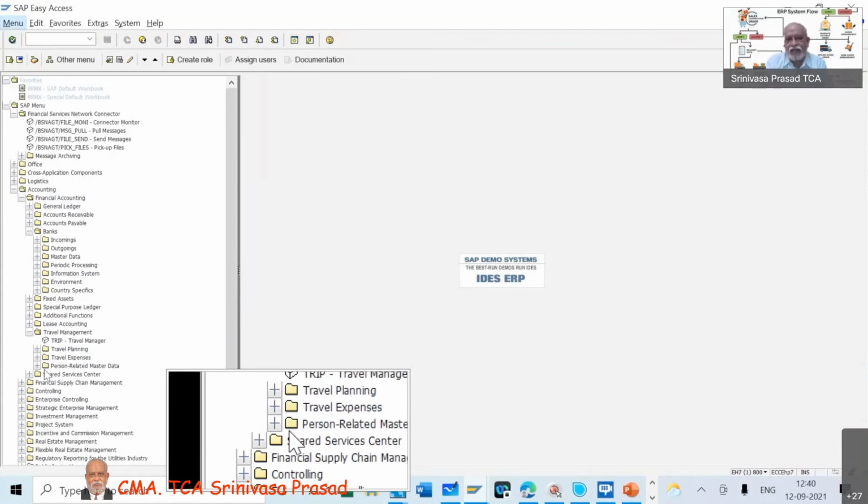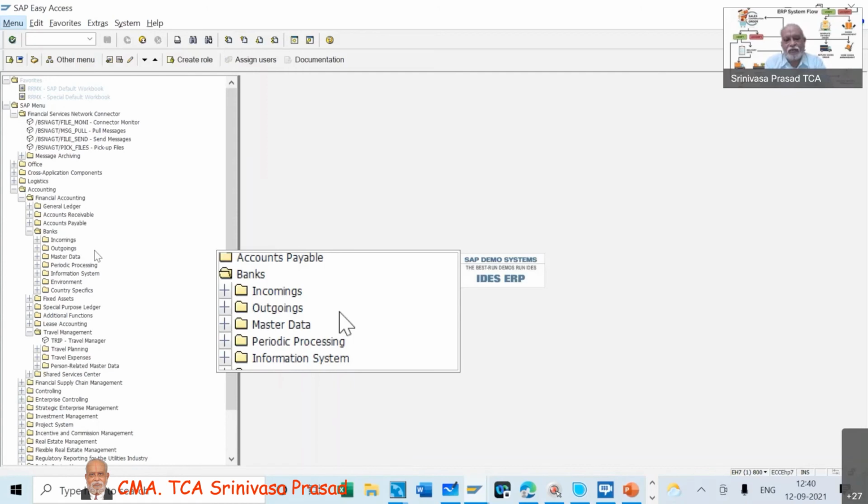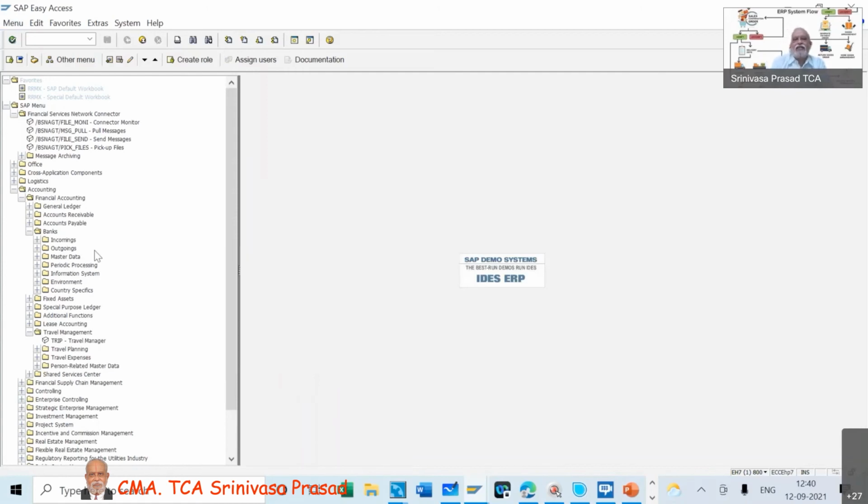I will be working on it, and once I am convinced that this will be a useful platform, and it is not very costly also, I can request people, whoever is interested, to buy time, 3 months or 6 months, to work with their own data and then try to understand SAP, after what we give them as an overview. This is a new concept which I thought I will try